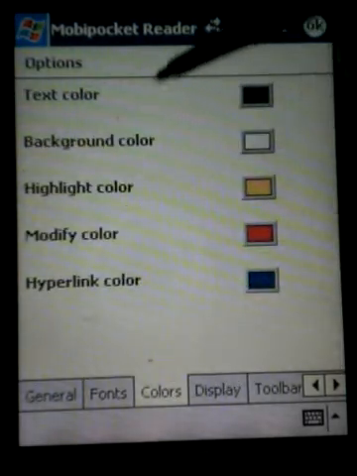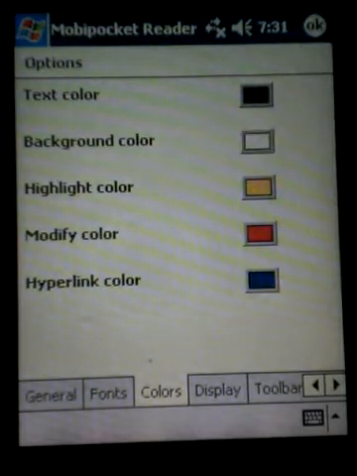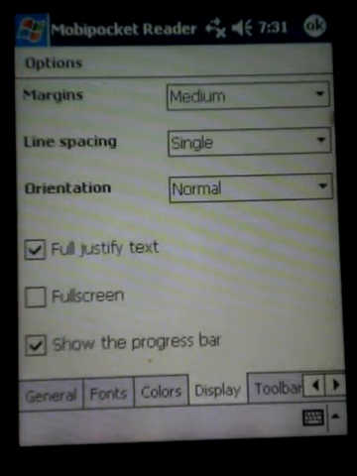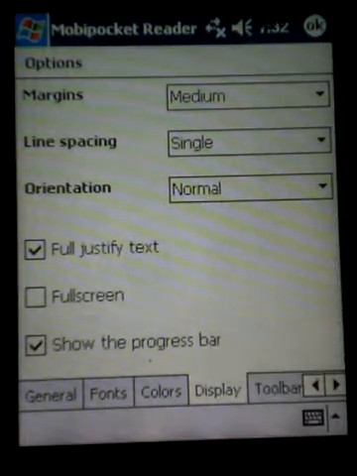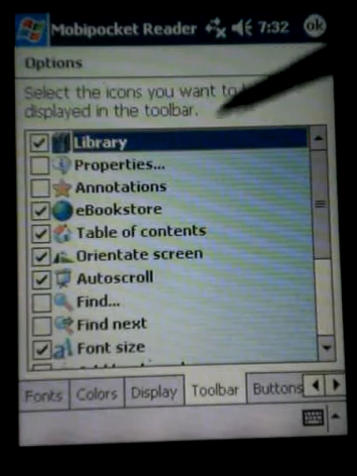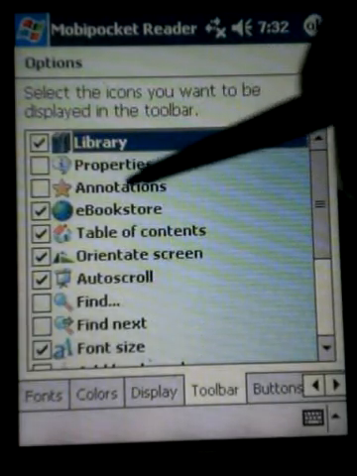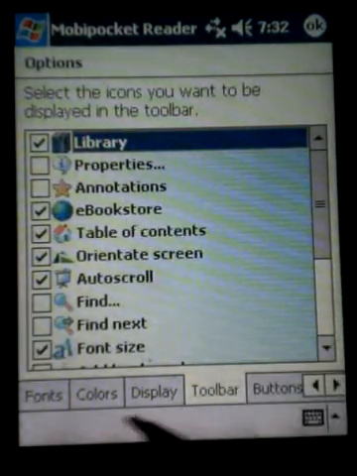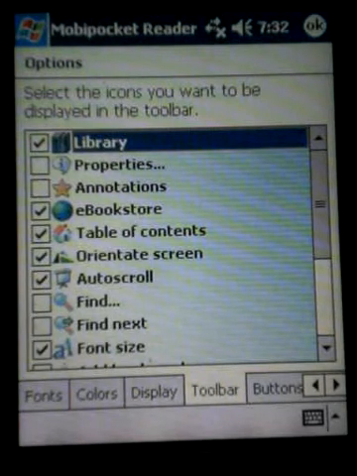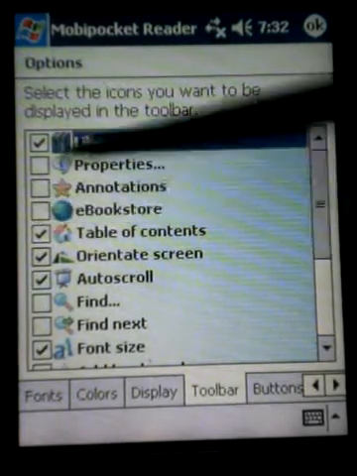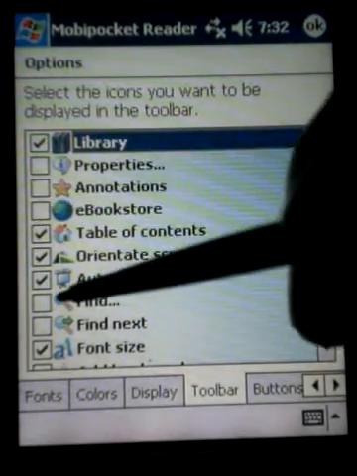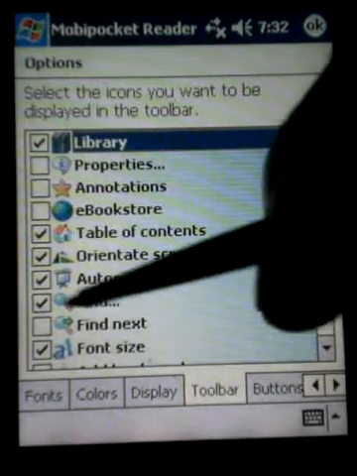Here you can change the color of the fonts. You can change the color of the background. Display here allows you to change the margins. Here's a checkbox to use the full screen. Toolbar here, this allows you to check off what you want listed on the bottom of the screen, so you can actually change this. For example, I'm going to uncheck the globe and I'm going to check find here,